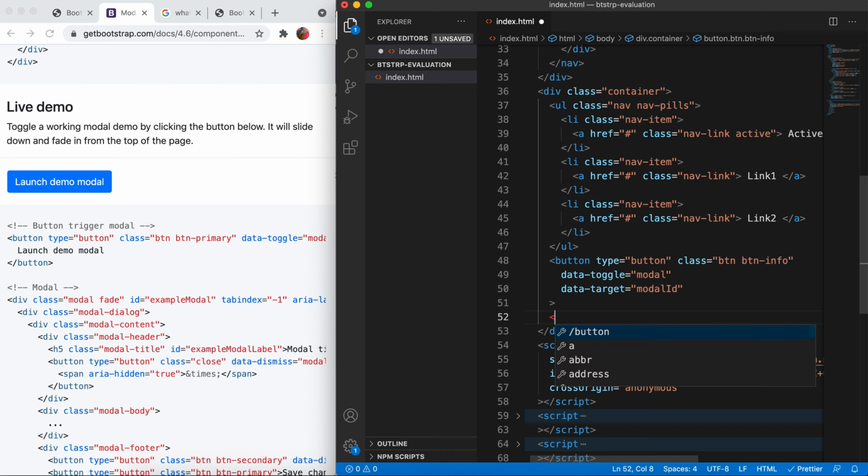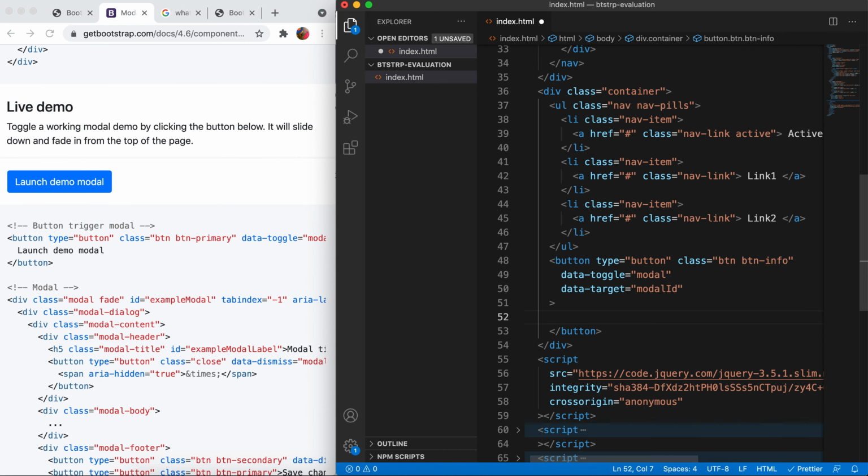Inside this button we are gonna say open modal. So when we click this button,